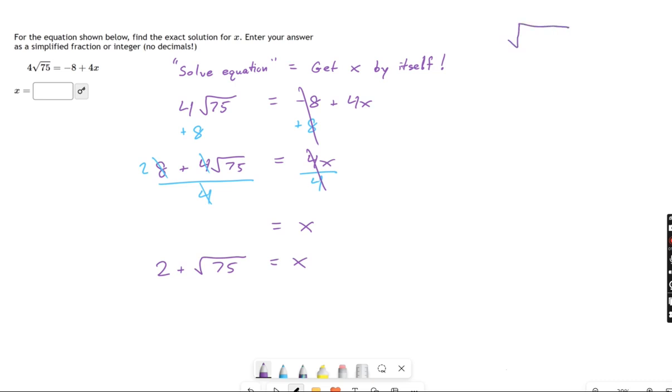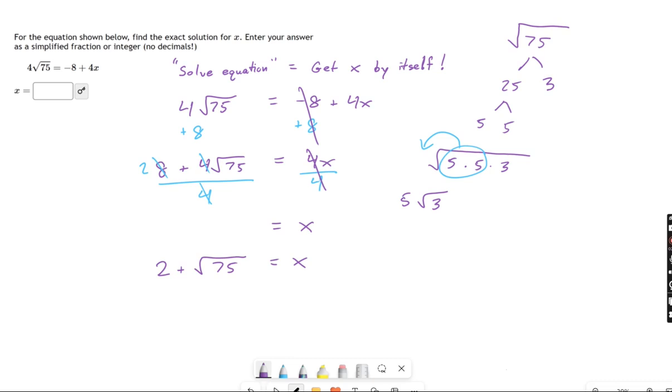If you think about square root 75, right, what is that? Well, there's numbers inside 75. 75 is just 25 times 3. And 25 is just 5 times 5. So what I'm really talking about with square root 75 is square root of 5 times 5 times 3. And two of those numbers, the 5s, are going to pull out. And then you get a 5 square root 3 in reduced form.